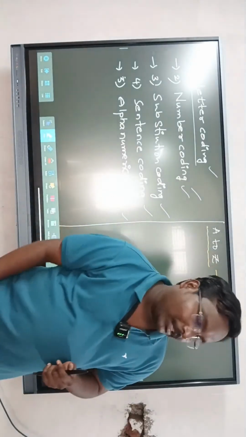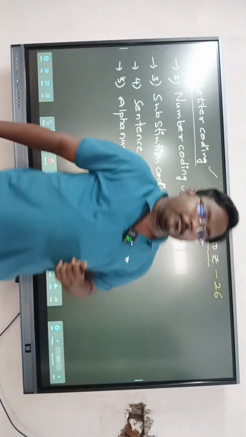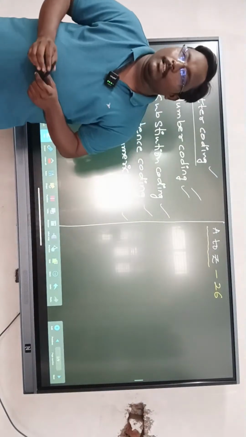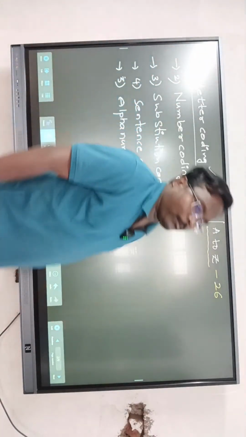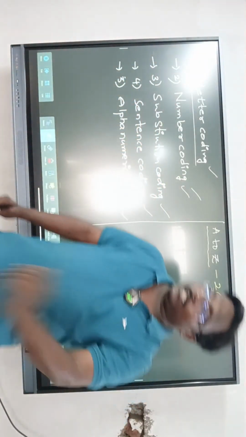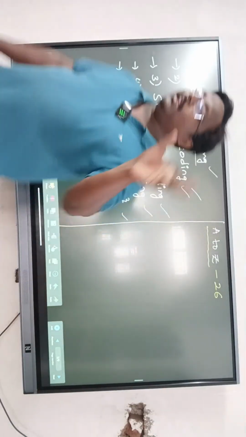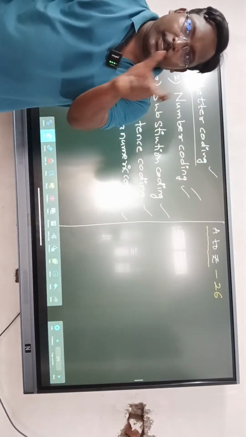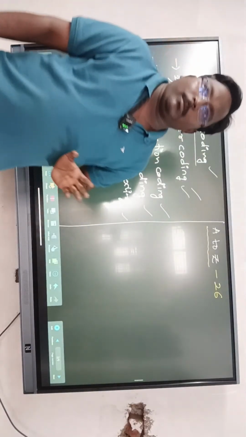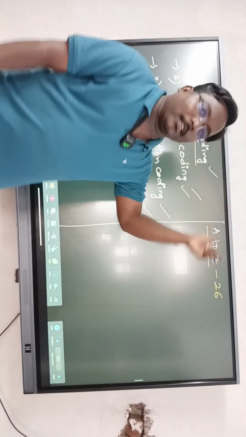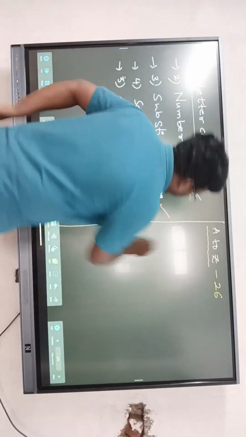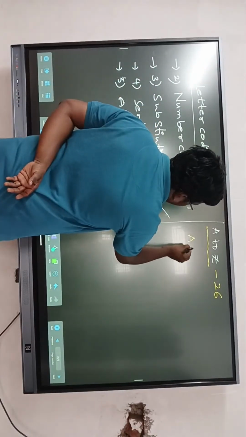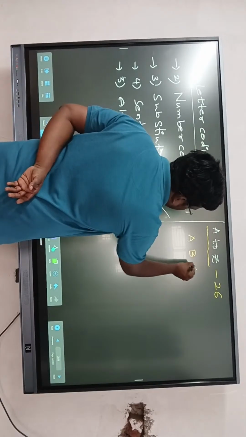So what can we do? I am going to give you one shortcut, which we can remember very easily. Then automatically you will understand, without any modification. Just listen to this video, and automatically you will be able to remember the positions of all the letters from A to Z. So just look at it. First one, A, B, C.